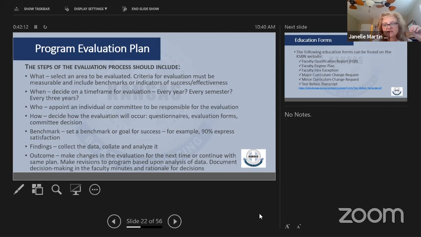The big piece we find is that once you get that evaluation plan put together, that's important, because you need to know where you're going. What do I need to be looking at to make sure my program is effective? One of the things currently being done with NCSBN is they've been looking at this for about the last four years or so, doing a lot of review on what makes an effective nursing program.